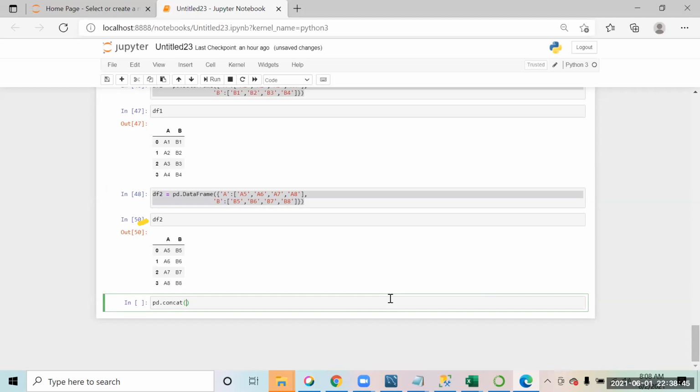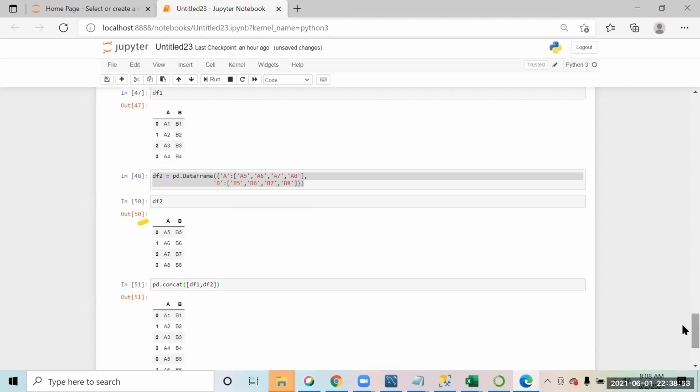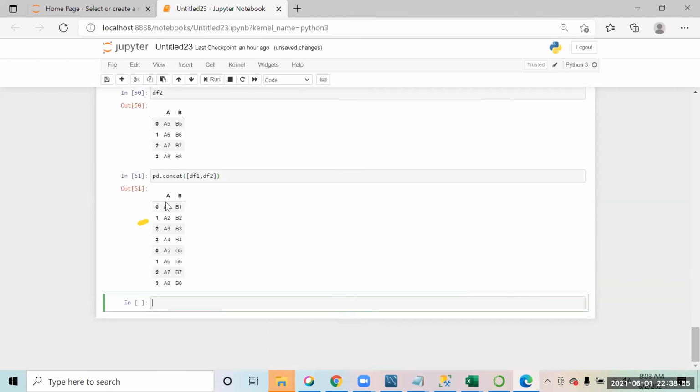I want to combine data frame 1, data frame 2. You have data frame 1, and below that the data of data frame 2, like a union clause, one below the other. You just have to make sure that the number of columns is the same between them.